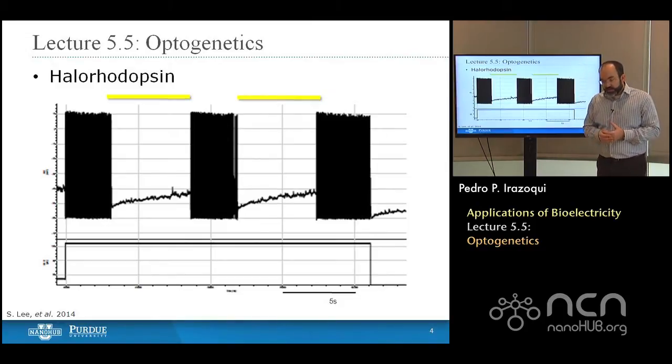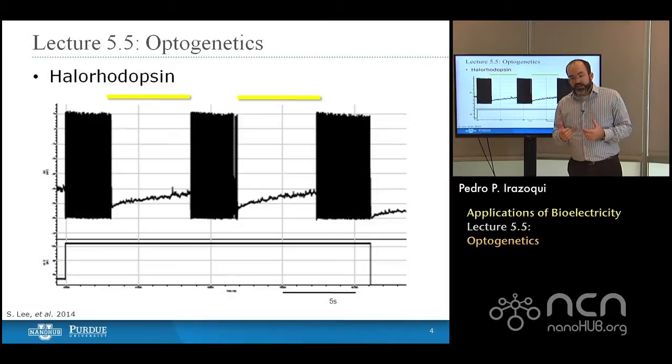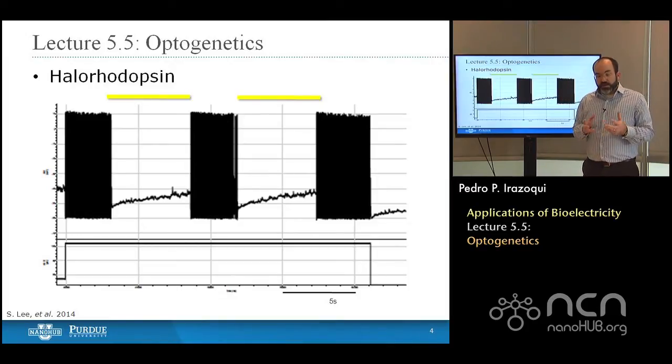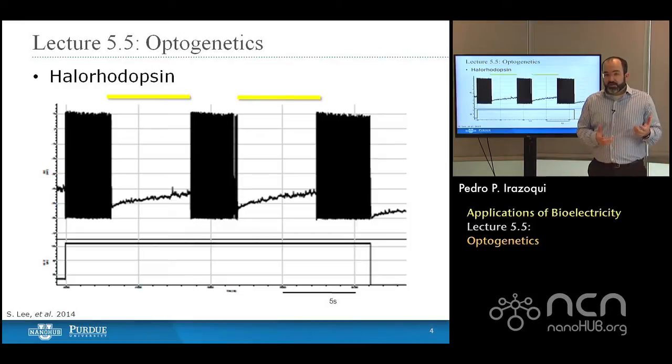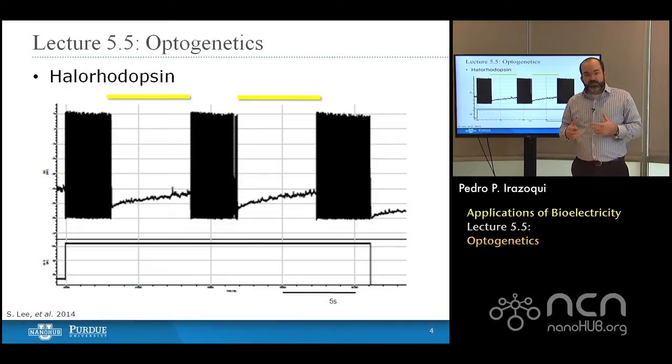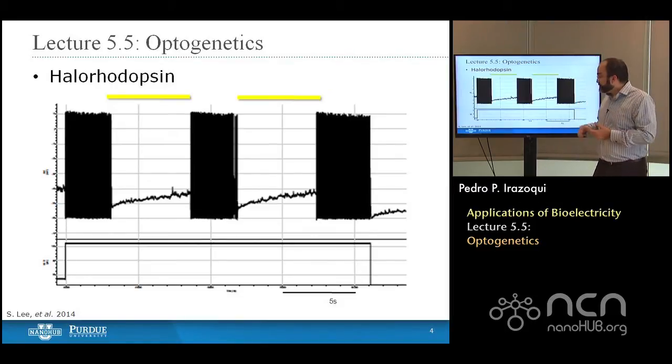There's also the possibility that the genetic modification leading to a neuron becoming light responsive can be delivered through what's called a viral vector, where what a virus typically does is it changes the DNA of a neuron or of a cell so that the cell will make more of the virus and then die, and then the virus spreads. But you can make your own virus. You can genetically engineer your own virus so that instead of making more of the virus, it'll make whatever you want it to make. In this case, you could have it make the proteins that make up the ion channels. So you can genetically engineer a virus, you can deliver that virus, and that can be the means that you use to get this optogenetic effect.